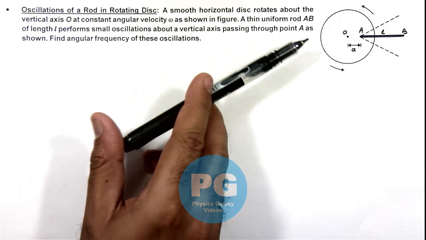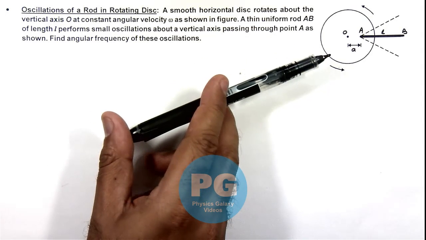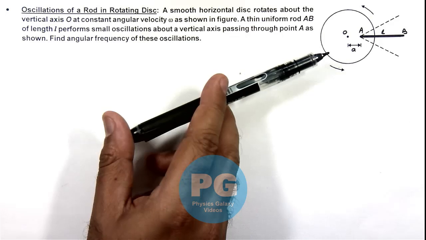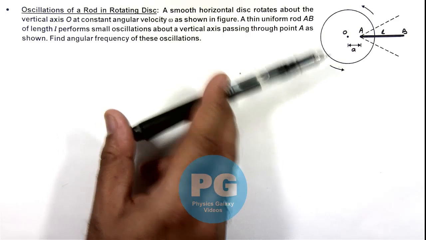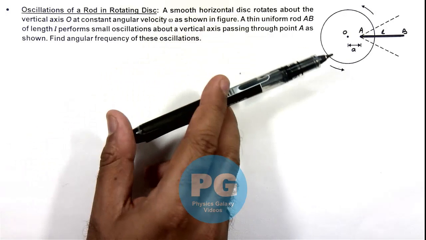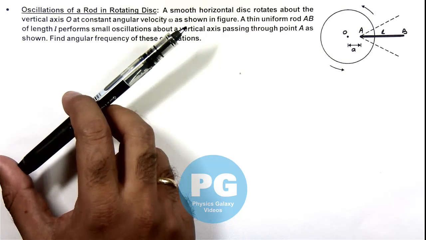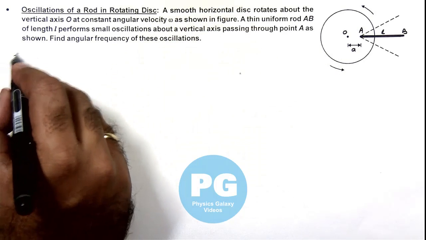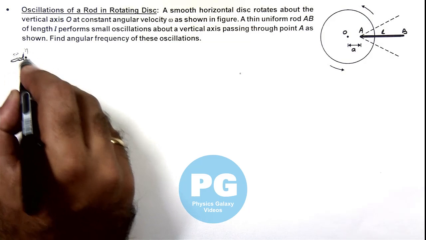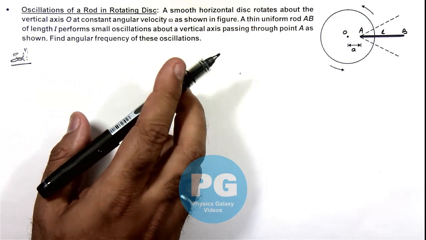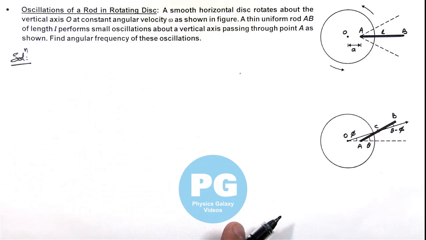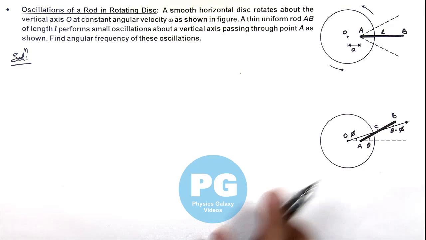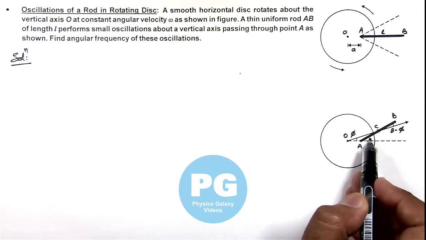Here you can see when the rod is slightly tilted from its initial position, it is due to the torque of centrifugal force in the frame of disk, the rod will perform oscillations between the dotted lines we can see here. Now to understand it better, we draw the restoring force acting on the rod when it is at an angle theta. This picture demonstrates how the rod is performing oscillations when the rod is tilted by an angle theta.